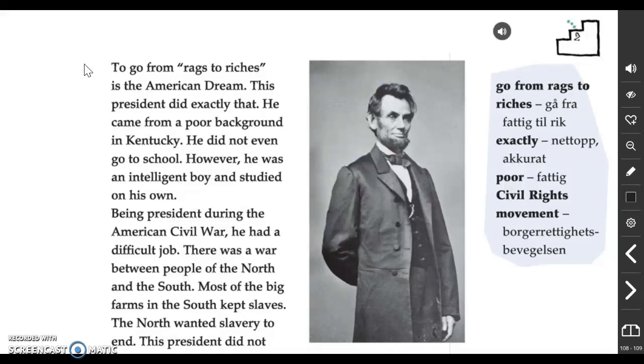However, he was an intelligent boy and studied on his own. Being president during the American Civil War, he had a difficult job. There was a war